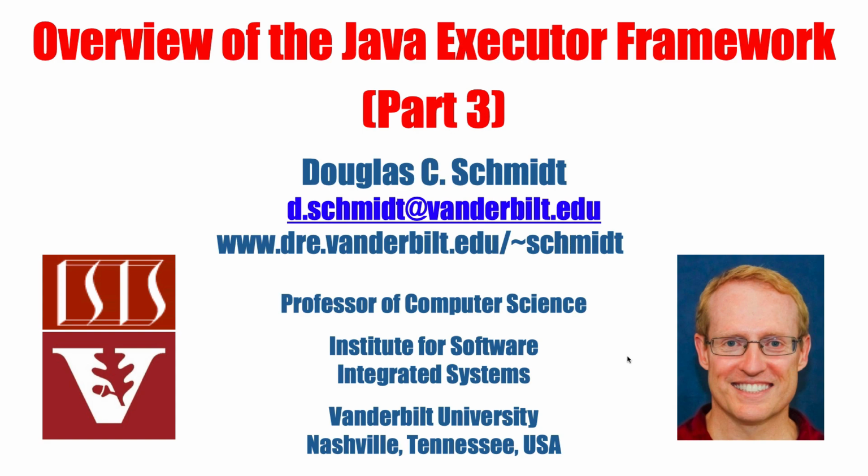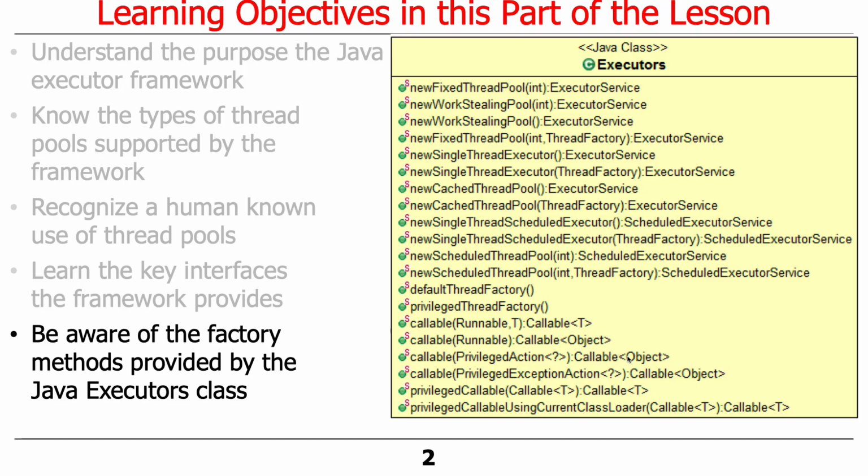Okay, third and final part of the overview. We've talked about the Java Executor Framework in general. We've talked about the different types of thread pools it supports. I gave you a human known use. I talked about some of the key interfaces. Now I'm going to give you a quick synopsis of some of the factory methods that the Java Executors utility